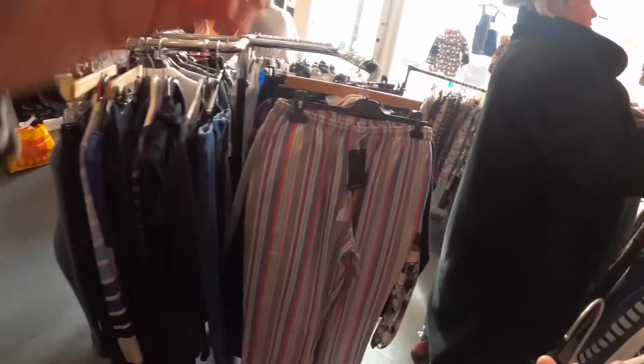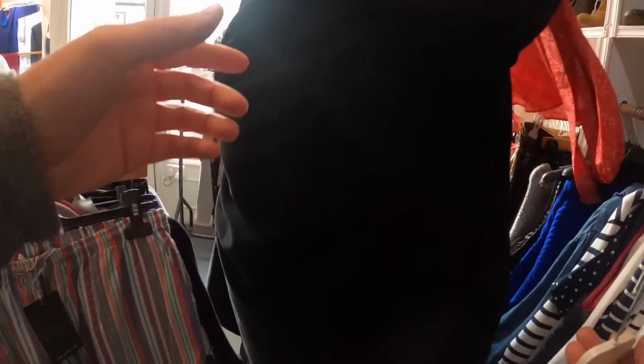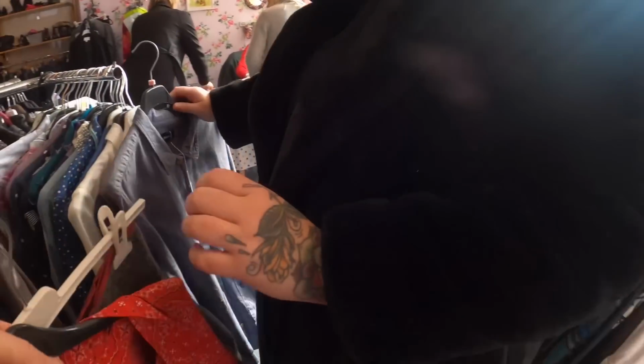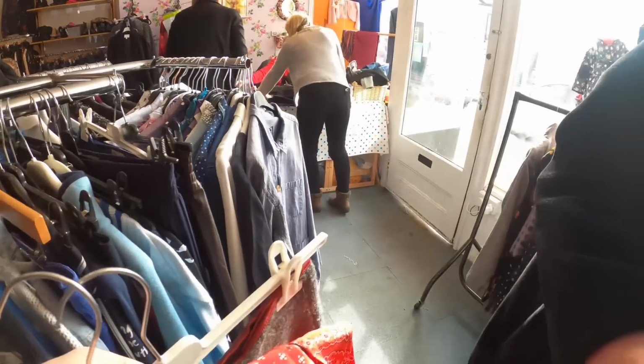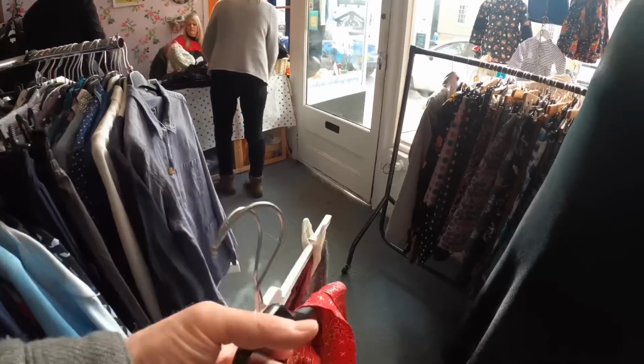I was also looking at a Reiss shirt that we only get a quick glimpse of. This is the Reiss bandana shirt with a pussy bow. It's new with tags. New with tags, £22. Wowzers. Retail would have been about 200 off the top of my head. I've listed that one for